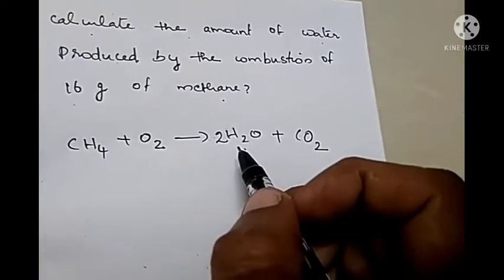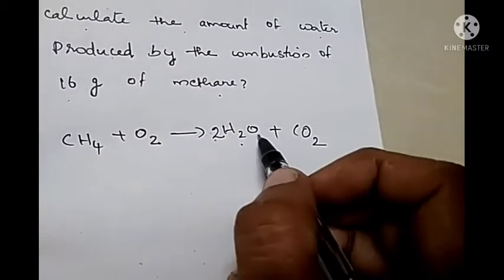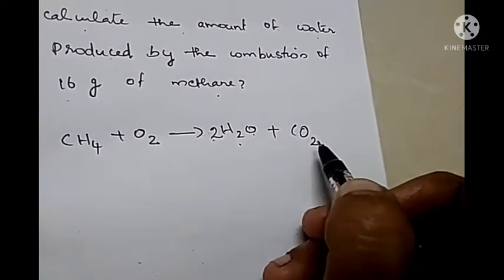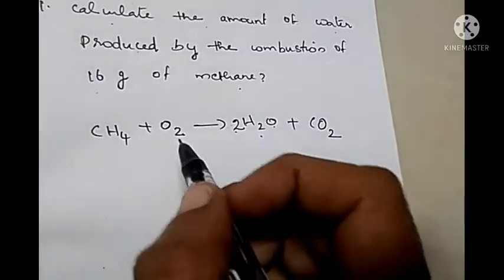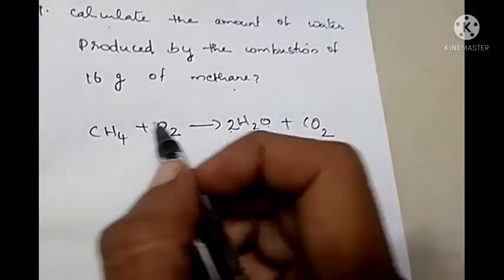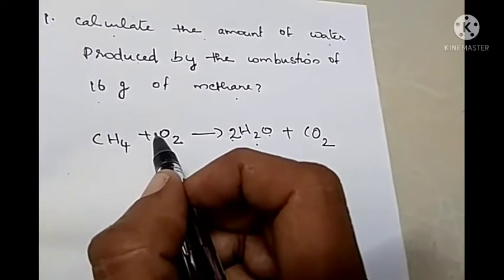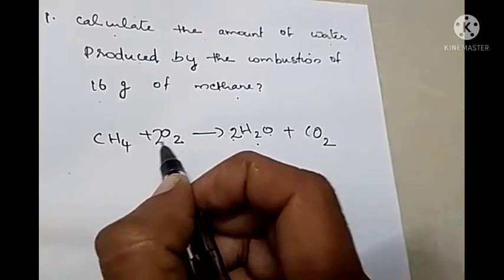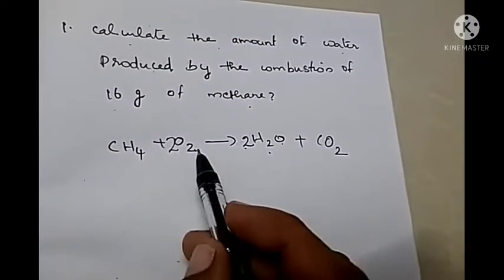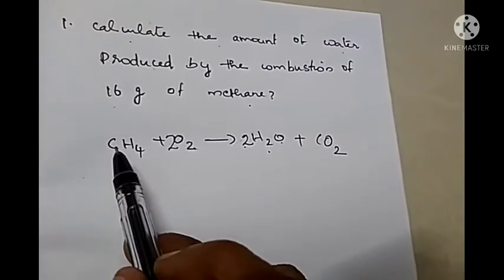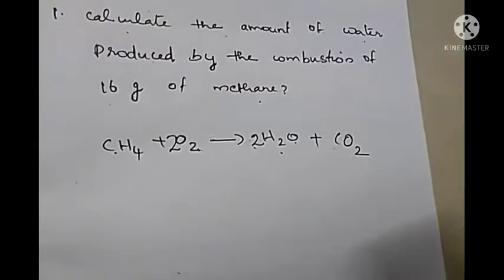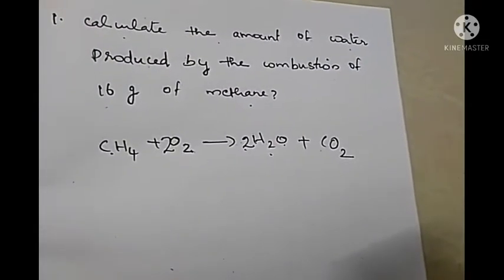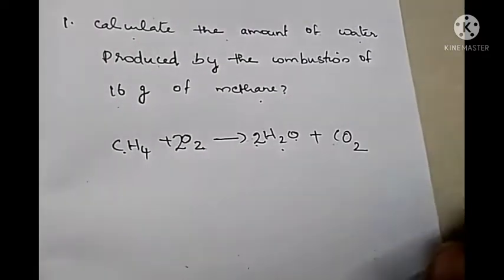Okay. Now what is the number of oxygen atoms? Here 2 oxygen atoms, here also 2 oxygen atoms. So 2 plus 2, 4 oxygen atoms are there. But on the left hand side only 2 oxygen atoms. Here also we have to make it 4. For that we have to multiply here with 2. Now 2 into 2, 4 oxygen atoms. Now the number of carbon atoms is equal on both sides. Okay, so this is the balanced equation for the given chemical reaction.